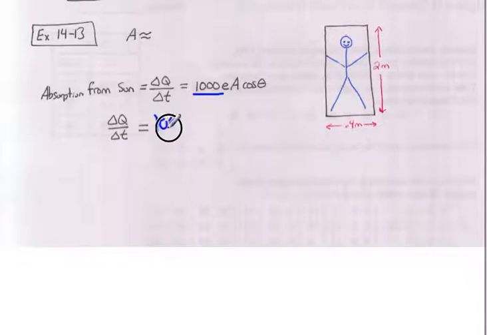So we're going to put our 1,000 in there. We said the emissivity of this person is about 0.7. The area exposed to the sun, so we do a little estimation. A person is usually about 6 feet, so that's like 2 meters, and about 0.4 meters wide. So I hope you love my little diagram. So for the area, we're going to go 2 times 0.4